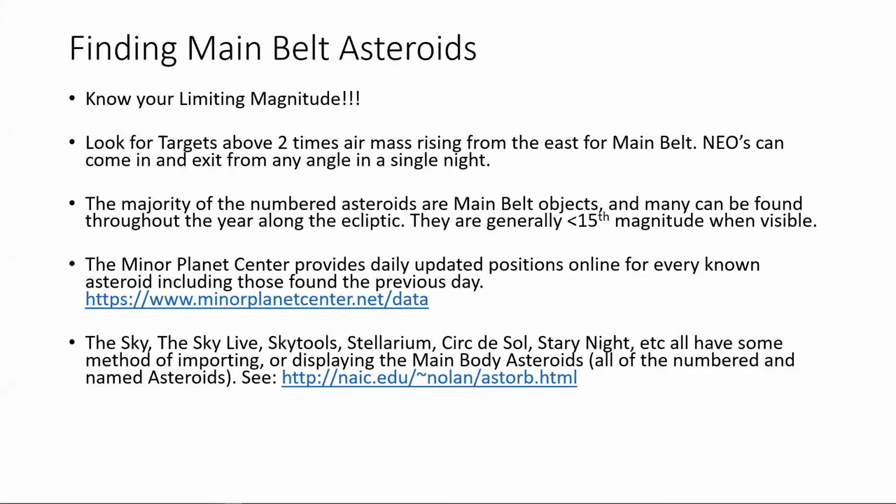Okay, so if you've never gone out and imaged asteroids before, you want to start with the main belt. And the reason you do is that there's just a ton of great objects out there. They're visible every night. No matter where the Earth is in its rotation, there's going to always be 90 to 150 less than 15th magnitude objects. If you've got a ZWO camera and a refractor or even an SCT, you're not going to have a problem